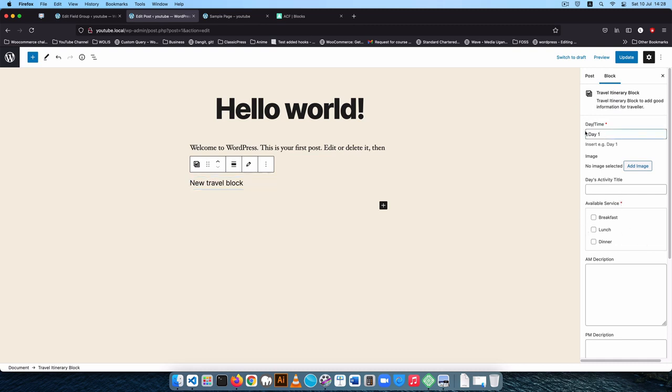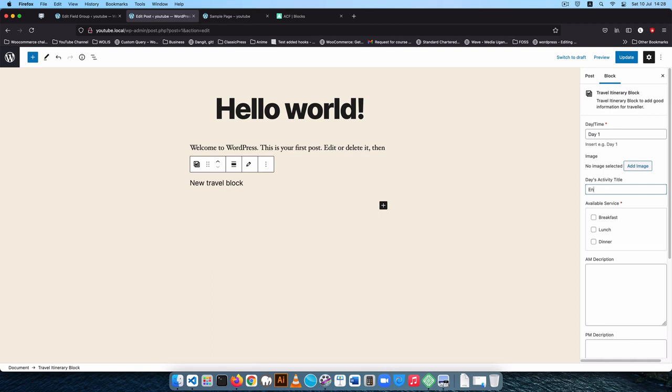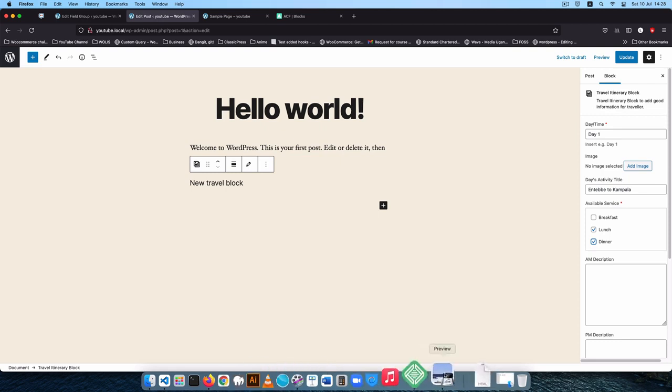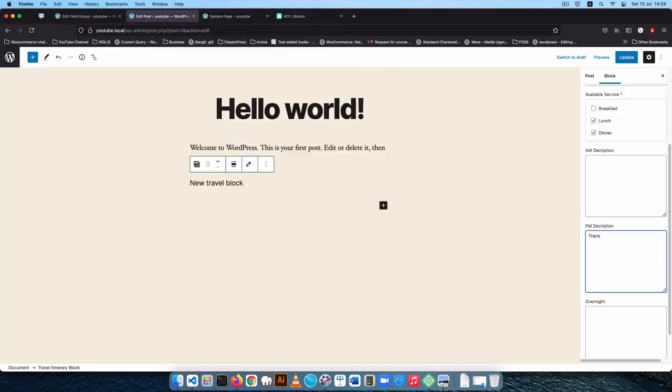Now I'm going to add day 1 here as information, and then I'm going to copy a couple of things from this. So activity, we shall say this is going to be Entebbe to Kampala, and this is just a city to city move, and then we shall say we provide you with lunch and dinner, and then in the PM we'll say transfer from the airport to Kampala, transfer from Entebbe to Kampala,